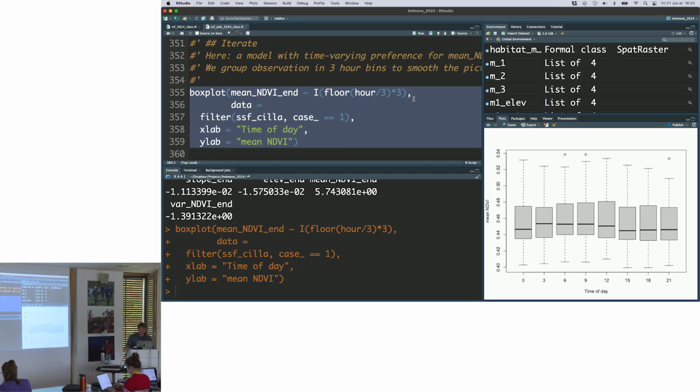What we see here is first the mean of the NDVI at the end of steps, of the realized steps, as a function of time of day. Well, there isn't much of a pattern, but there could be that it's going for things